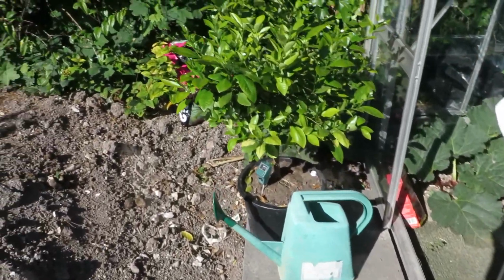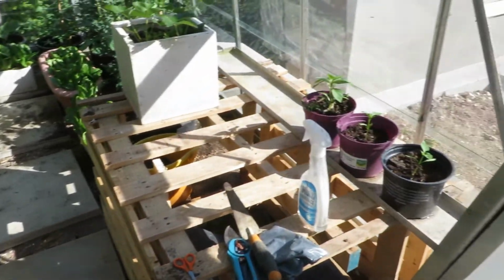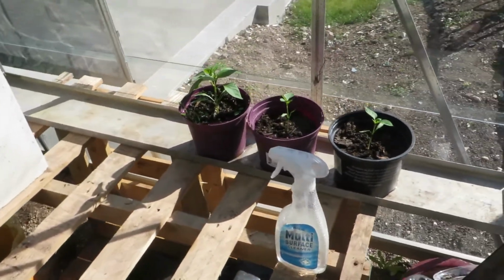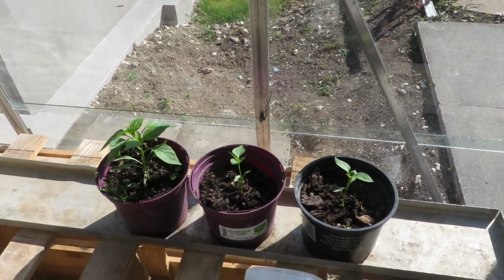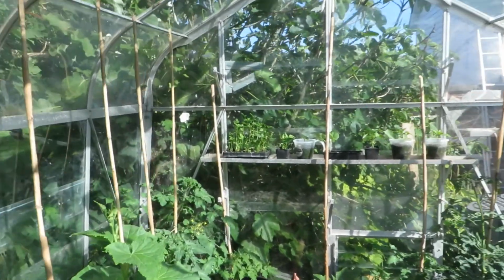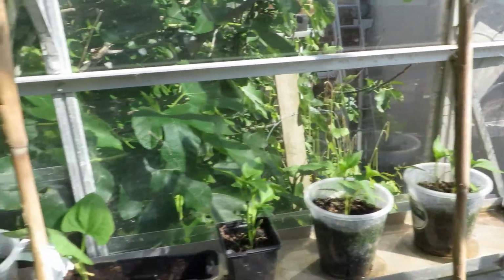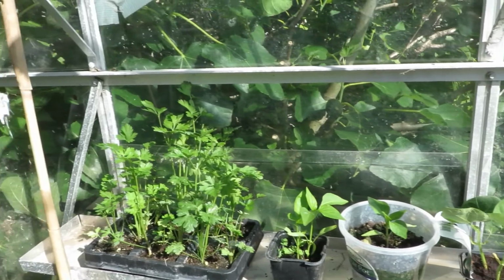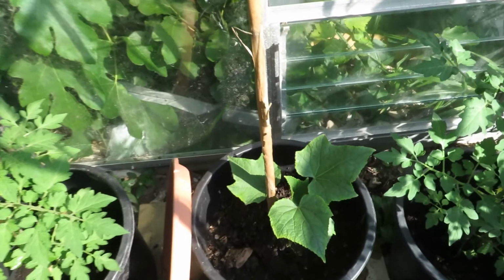Then back down on this side, past the orange tree, which is still producing blossom, but with no oranges as yet. I've had a bit of a clean up on this side now, so we've got chilies growing there, and up at the back I've put another tray for the chilies to grow, which just makes everything else a bit cleaner. And I replanted the second of the cucumber plants, which is this one down here,